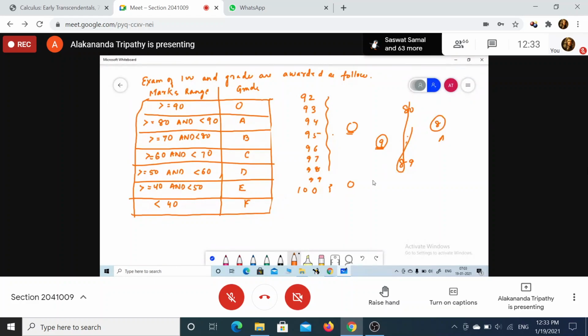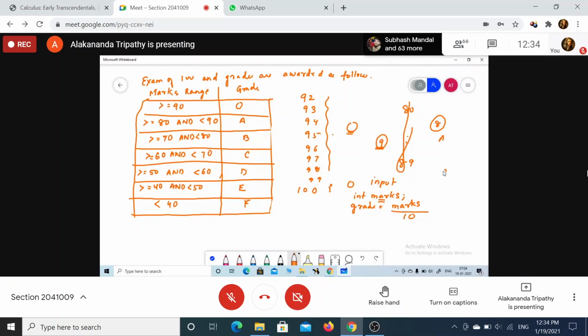So what you are going to input? Marks. In order to compute grade, marks divided by 10.